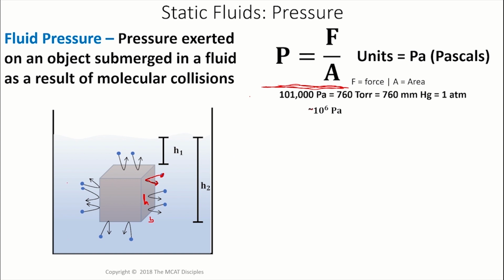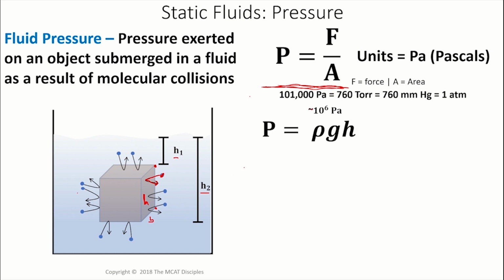You'll notice here that we have two heights written down. We have H1 and H2 right here. And the pressure generated at these two different heights is actually different. So you can talk about fluid pressure and say the pressure of the fluid is this, right? And that would be ignoring any changes in depth in the fluid itself. And other times you want to be more specific and say, well, the fluid pressure here is lower than the fluid pressure here. And why do you think that is?